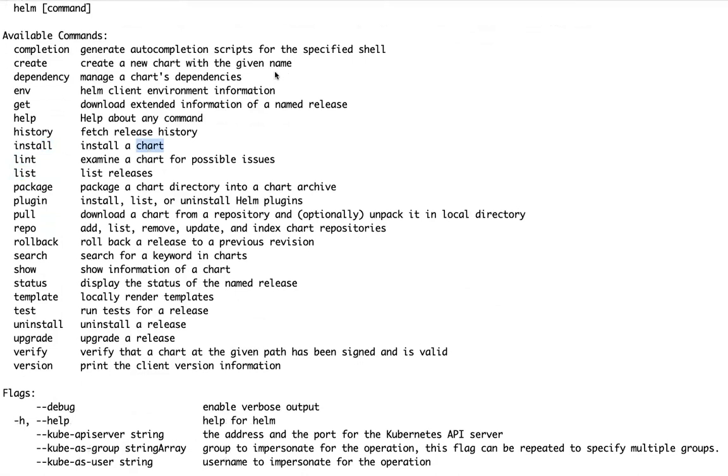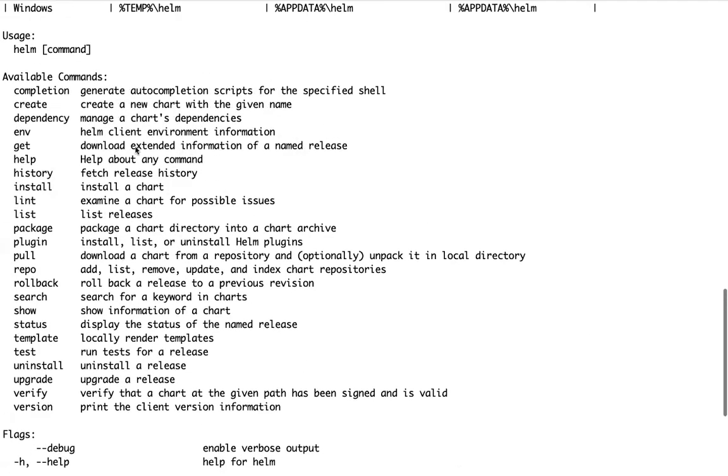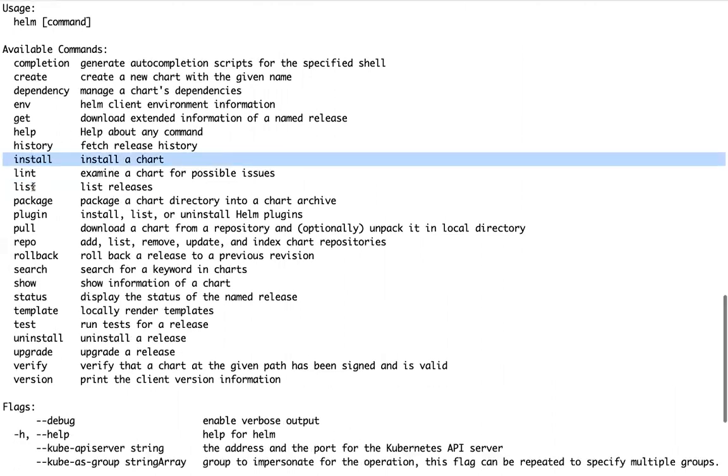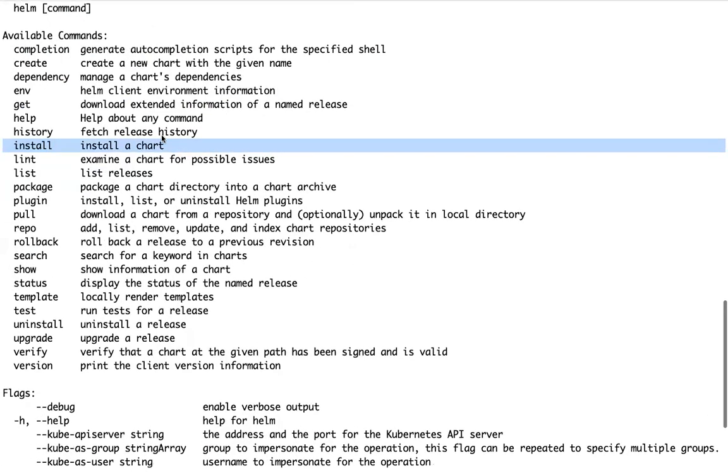Now, you can have a chart locally. What is the meaning of locally? You can have a Helm chart locally, which means in this machine. Did I create any Helm chart or download any Helm chart as of now from any place? You can deploy a Helm chart from locally, from this server, or you can refer a Helm chart from the repository, Helm repository.